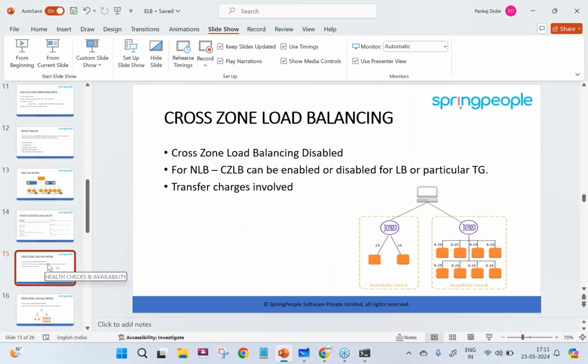We discussed the health checks. Now the cross zone load balancing. Cross zone load balancing is disabled by default for network load balancer. What is meant by cross zone load balancing? Let's say you have instances in 1A, and you have instances in 1B.